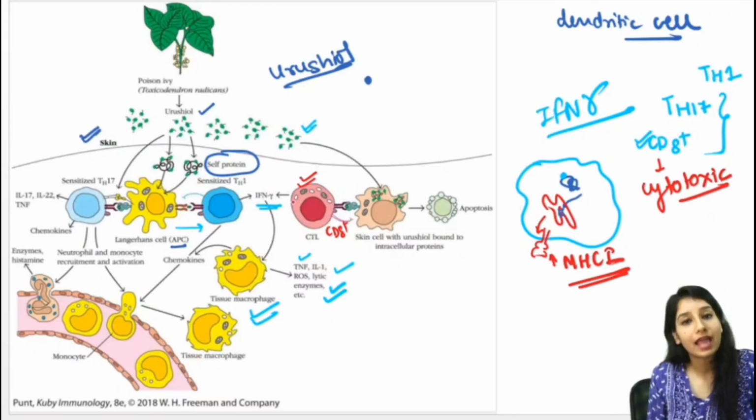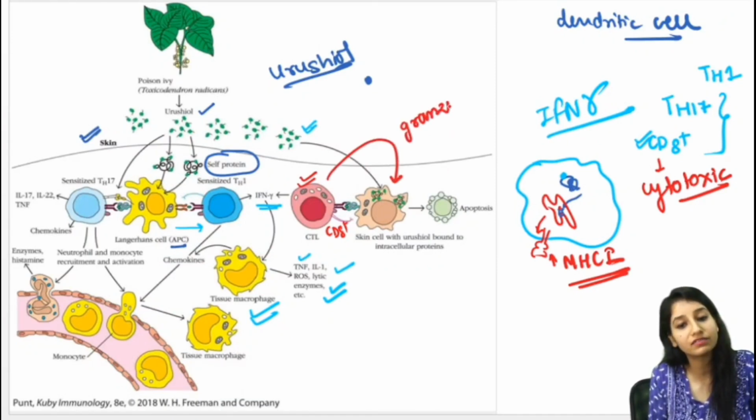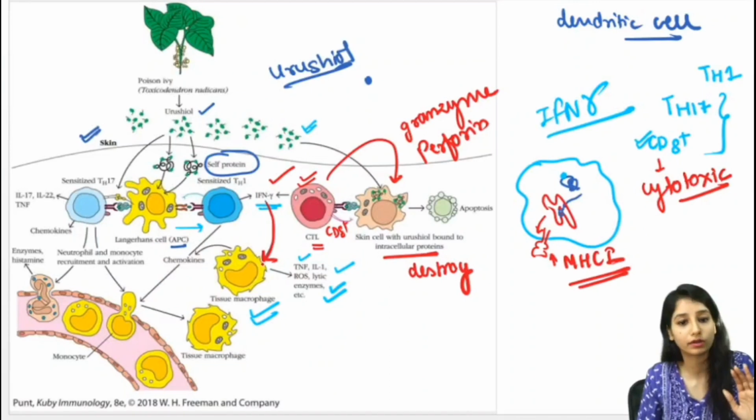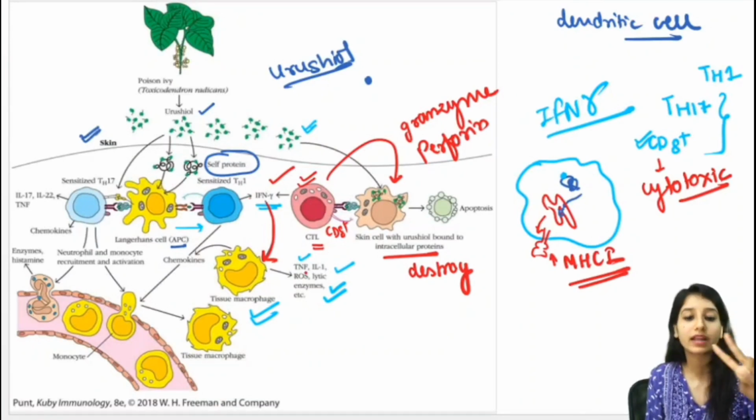Now, as you can see from the name, cytotoxic cell. This cytotoxic cell will start releasing granzyme and perforin, due to which it will start destroying the skin cell. With that, this CTL will release interferon gamma as in the previous condition, and this interferon gamma will in turn activate the macrophage. This condition will also occur. So in this way two things have occurred. First, the T helper 1 cell has worked, and in the second condition the CTL cell, that is the cytotoxic T cell, has worked.